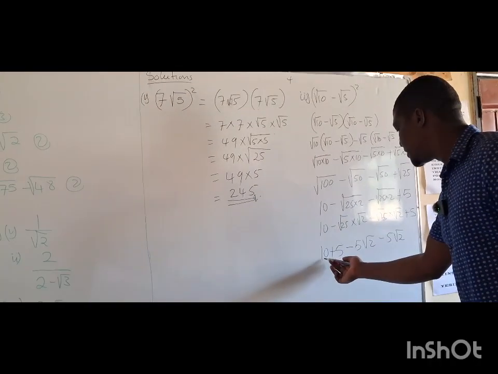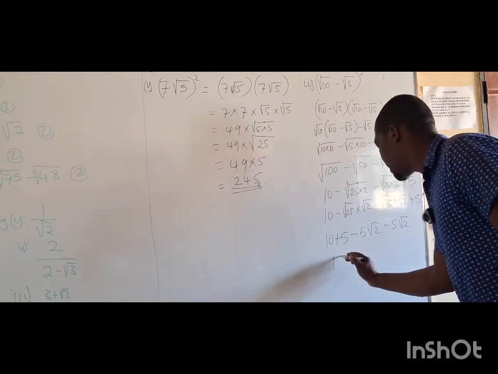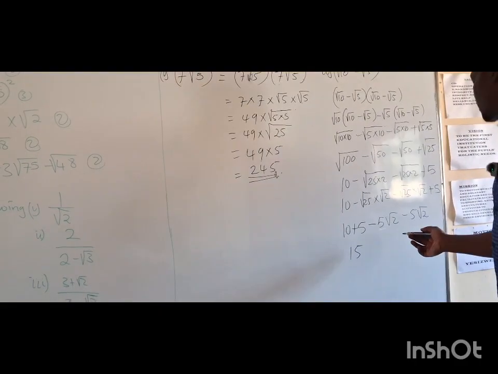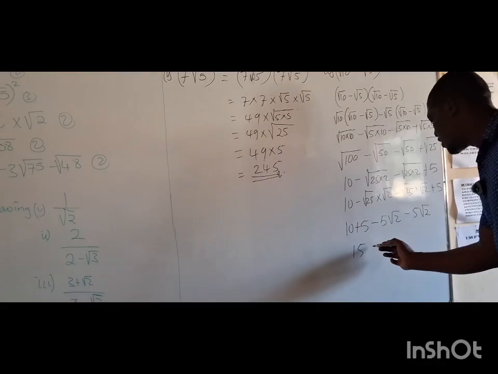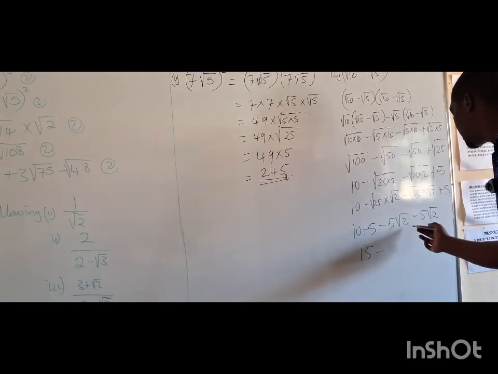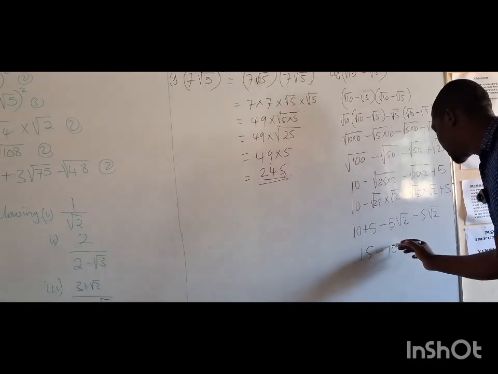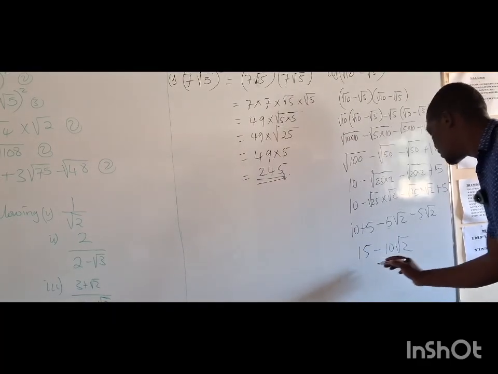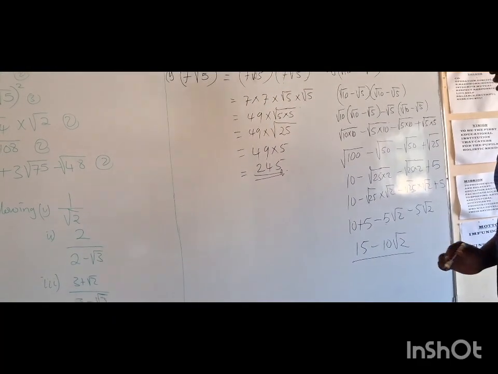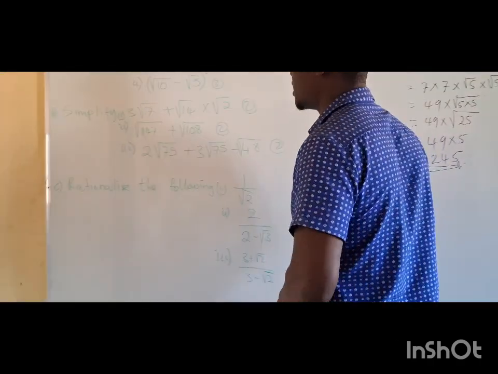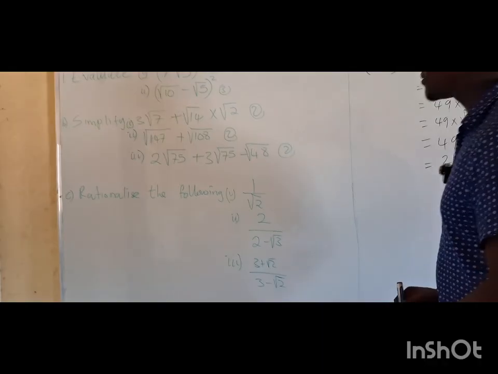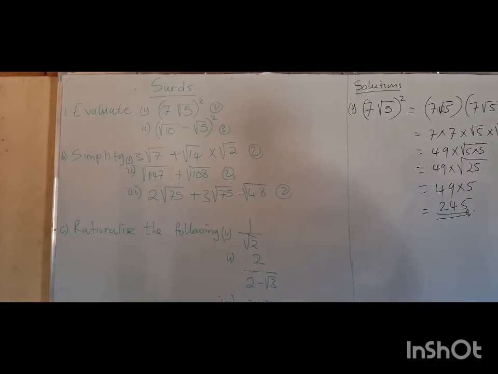So we are saying 10 plus 5, which we are having 15, minus 5 root 2 minus 5 root 2, we add these ones, so we are having minus 10 root 2. That's our answer there. Moving on to the next question, which was saying